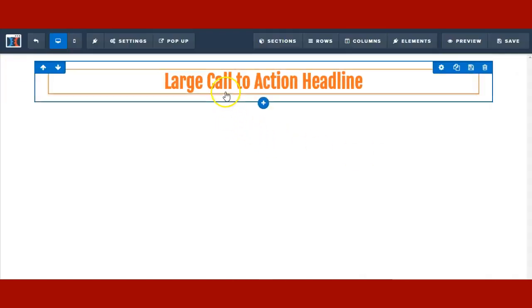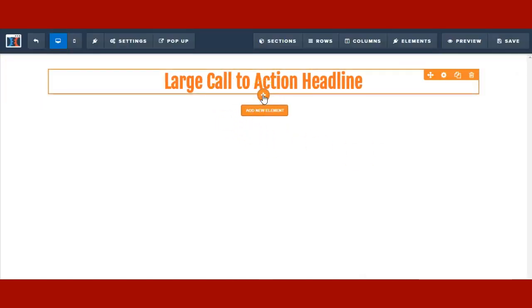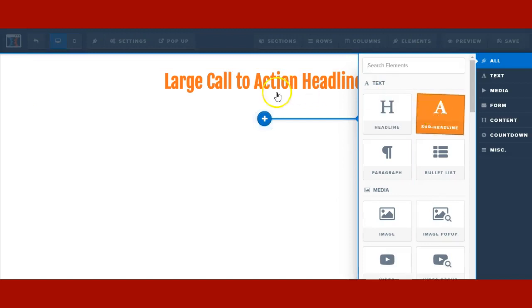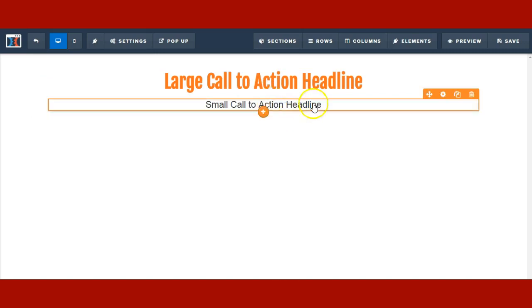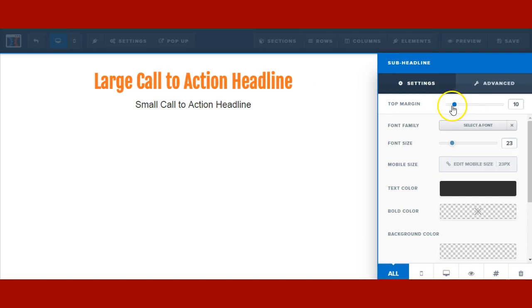So there. Our next element is the subheadline, and the subheadline is there to guide your visitors on the next thing that they can do. It will complement your headline. As you can see, if you click on the subheadline, it's a little smaller. And guys, I suggest that if you're